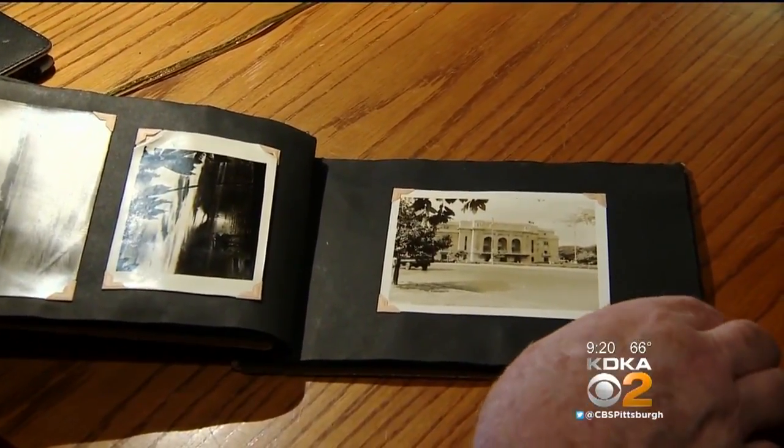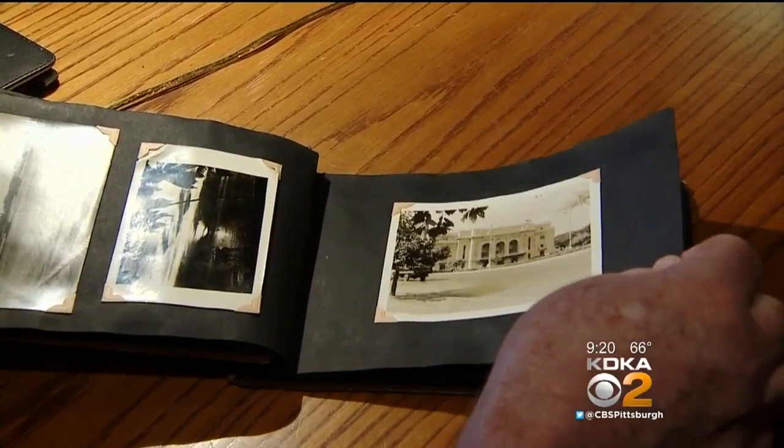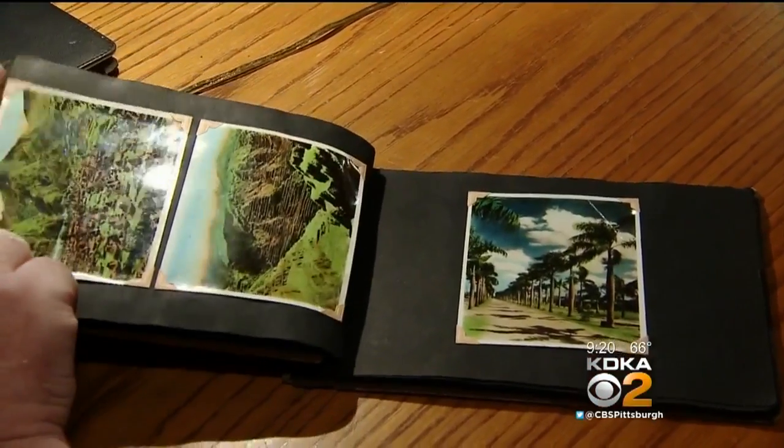Were these photos well protected? I'm looking at the album now. It looks like, are they covered? Yeah, well, they're in a photo album. That black paper was typical of photo albums of the day. Okay, so in good condition? Yeah, it's great condition. But speaking of condition, we had a photo, the oldest one ever taken of Lawrenceville, brought